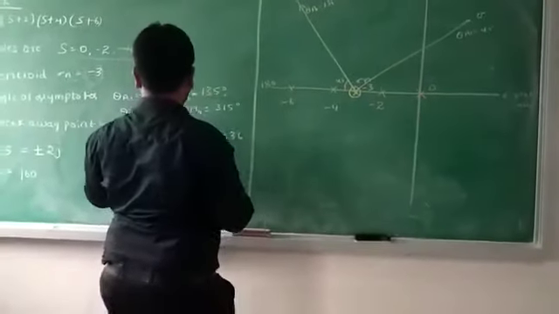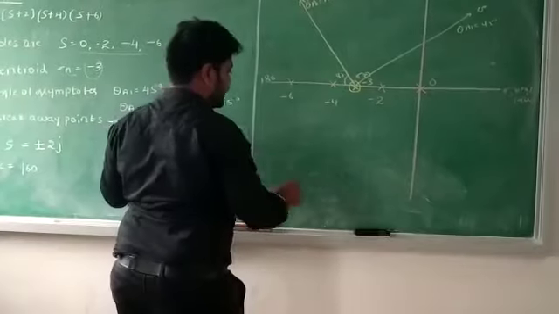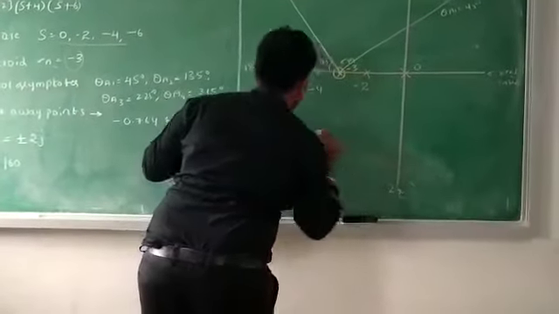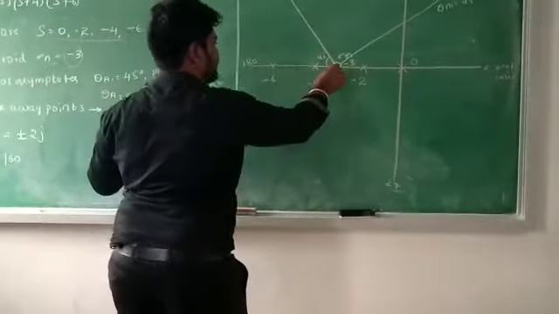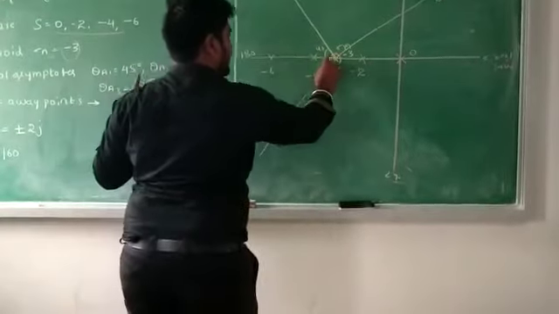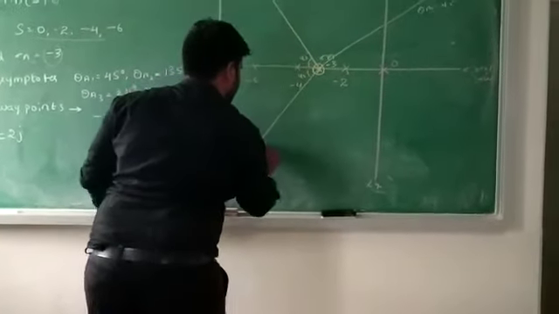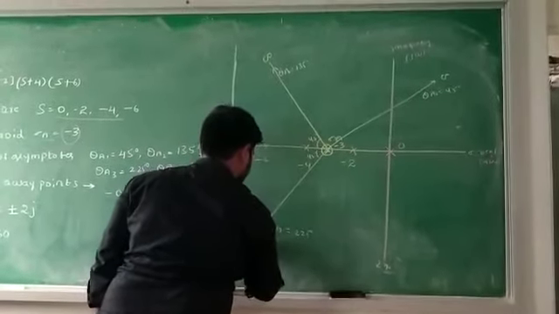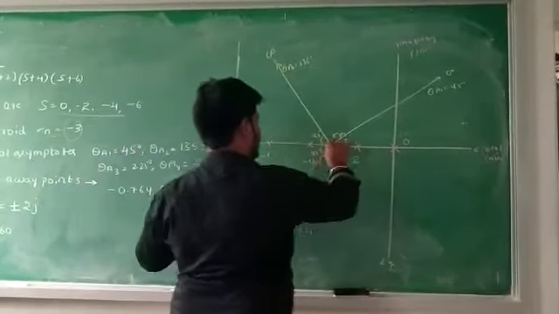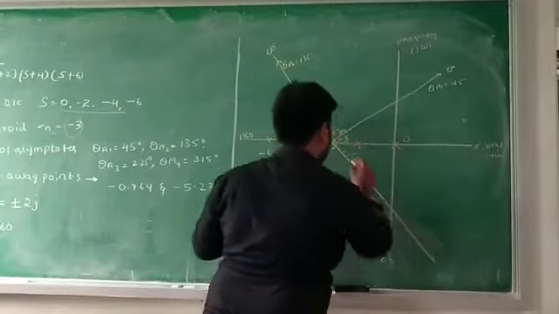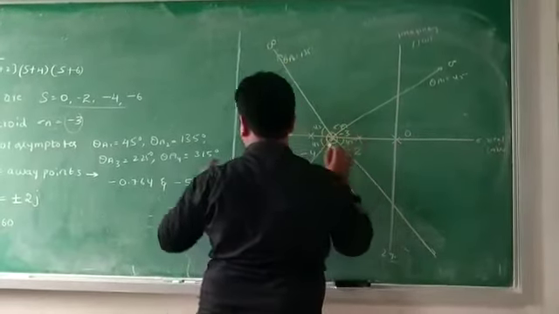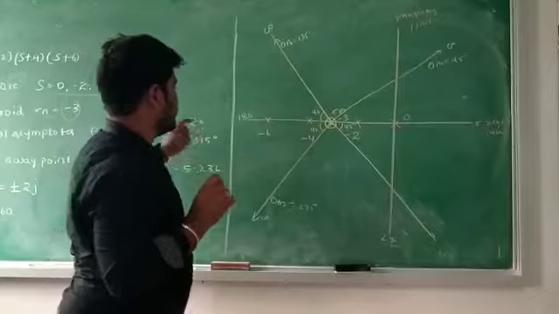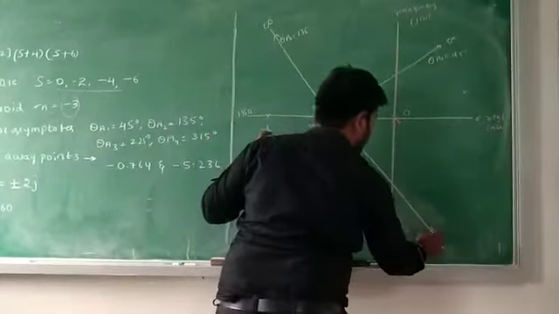Similarly, theta A3 is 225 degrees. Here you get 270, and 270 minus 225 is 45 degrees, so again I will take a 45 degree line. That is theta A3 is equal to 225 degrees, which ends at infinity. Again, here I will take another angle of asymptote, again 45 degrees. That is 315, meaning 360 minus 315, which is again 45 degrees, and it ends at infinity.